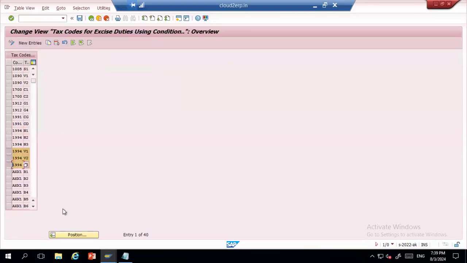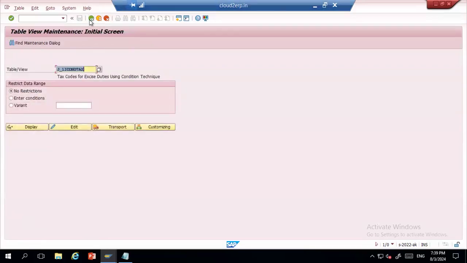We have these entries created because as soon as we create the tax codes, those are automatically assigned here. Let me check if anything is missing.